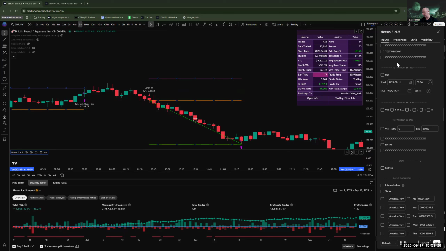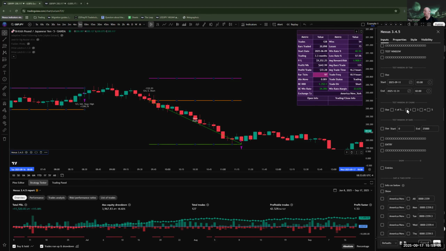The test windows section is really simple, and its main purpose is just to help with either forward testing or curve fitting. So let's do the curve fitting first. Let's suppose before you optimize this strategy, maybe it was just barely breaking even. Rather than make it profitable for all of the data, which is usually at this level, premium level in TradingView, about 20,000 bars, regardless of the time frame,